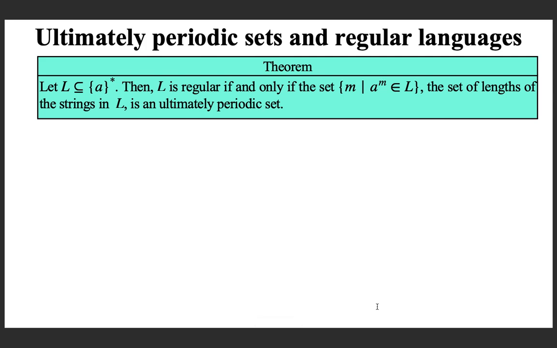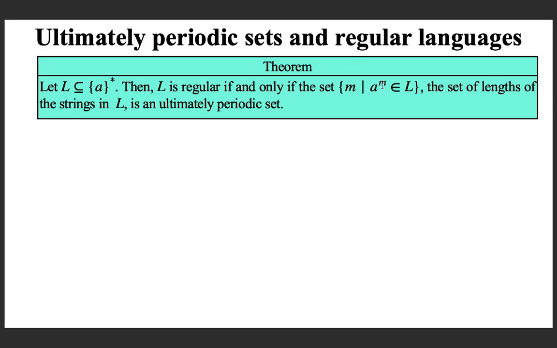So for ultimately periodic sets and regular languages, we can have a theorem which has a very important application that we will see today. The theorem says: if L is a language over a singleton alphabet set, just one alphabet, here it is a, but it doesn't matter what that alphabet is. So what is important is if you look at a language over a singleton alphabet set, then the language is regular if and only if